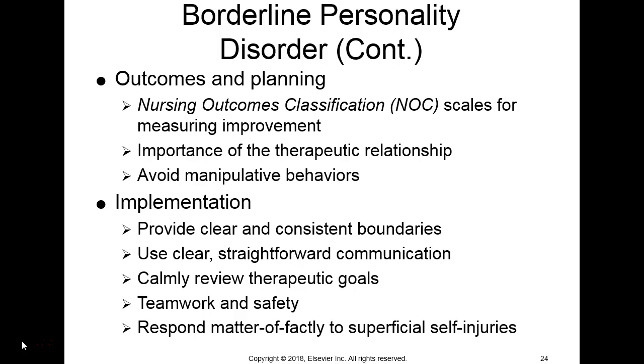They may have trouble with forming relationships, or they also tend to pull you into the relationship. They desperately want a relationship, but then they also push you away. So they have a lot of ambivalence in relationships, but it is very important to try to get a good therapeutic relationship with them and try to avoid those manipulative behaviors and provide clear, consistent boundaries, clear, straightforward communication,